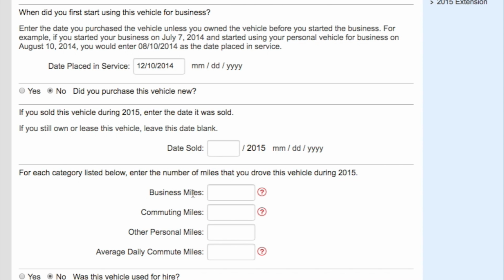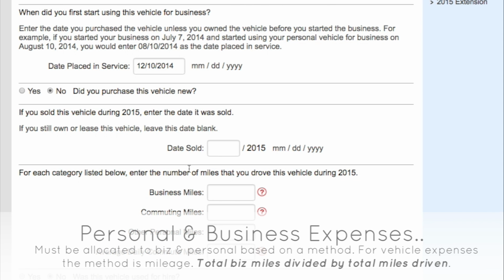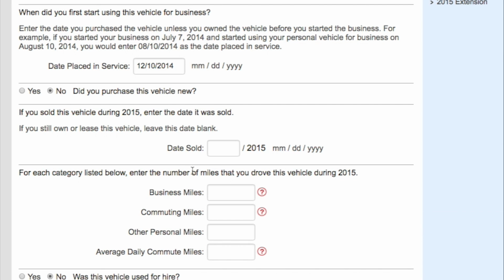And there are two categories for ways of calculating a deduction for your vehicle use, because this is one of those expenses that is both personal and business. It's your car you own. You use it for personal, you use it for business. So we have to come up with a deduction, allocate costs somehow based on the business use over the total use, which gives you a percentage, right? So we'll enter,